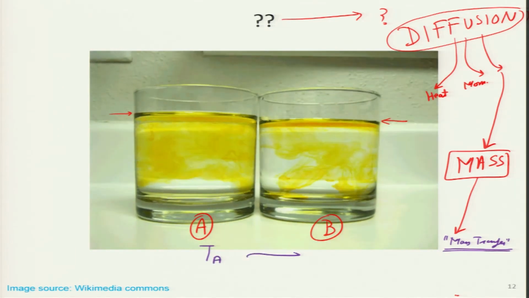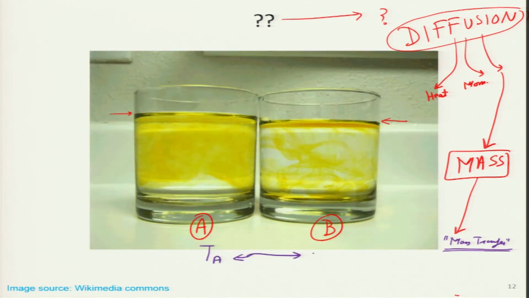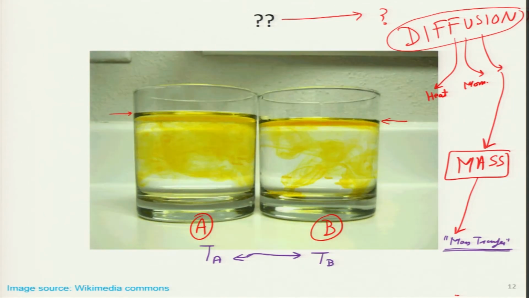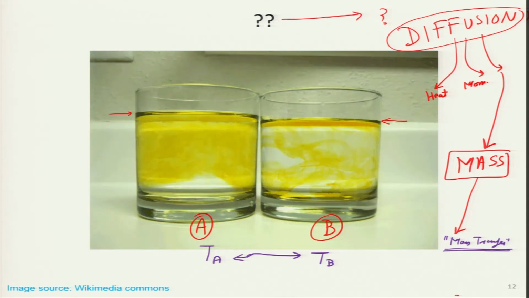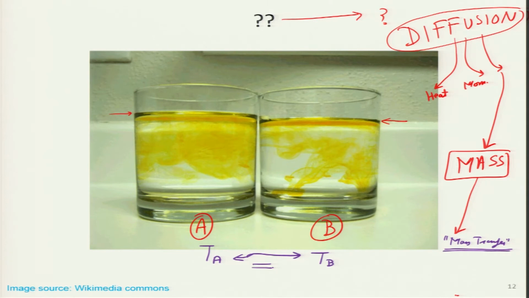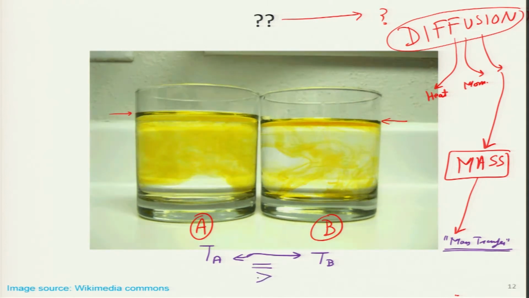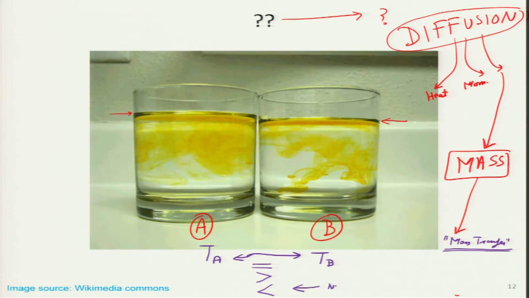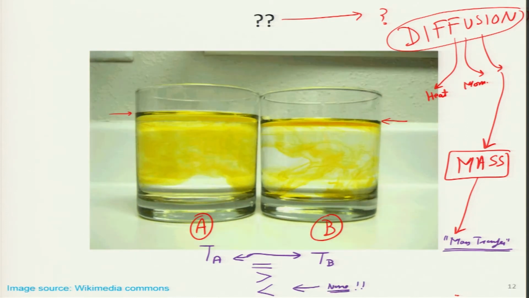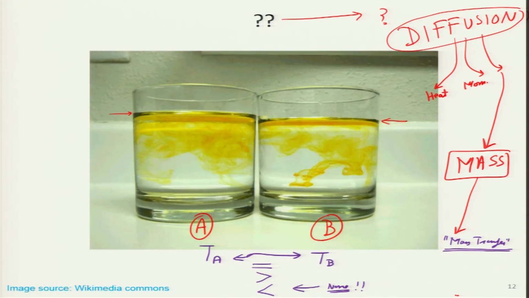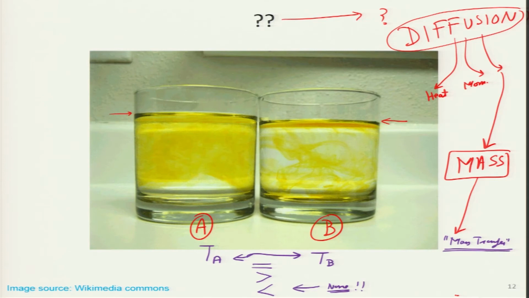what do they think is the relationship between the temperature of water in glass A and glass B? Just by looking at this particular video, can they put some sign between these temperatures? Are they equal? Is this greater or that greater, or is the answer none of the above? These are things that I may ask students today, and I give examples of diffusion in real life, especially in